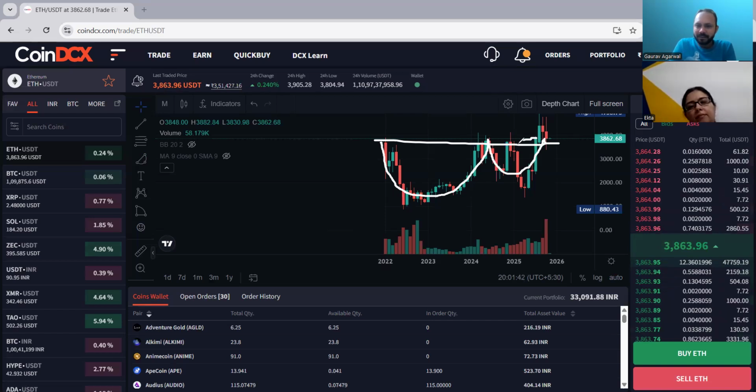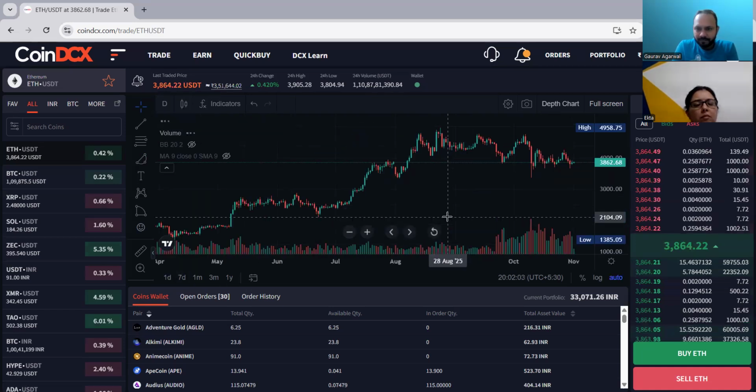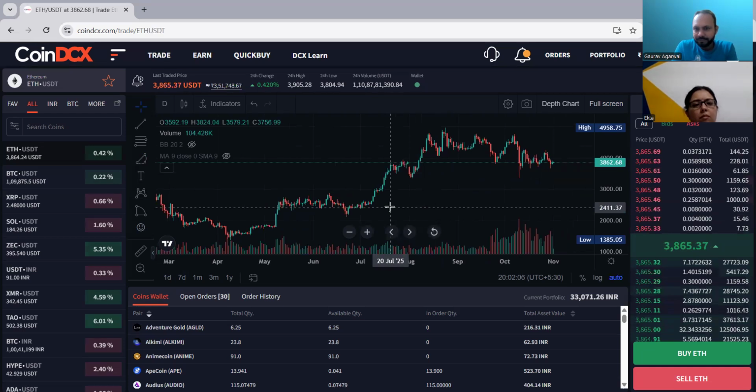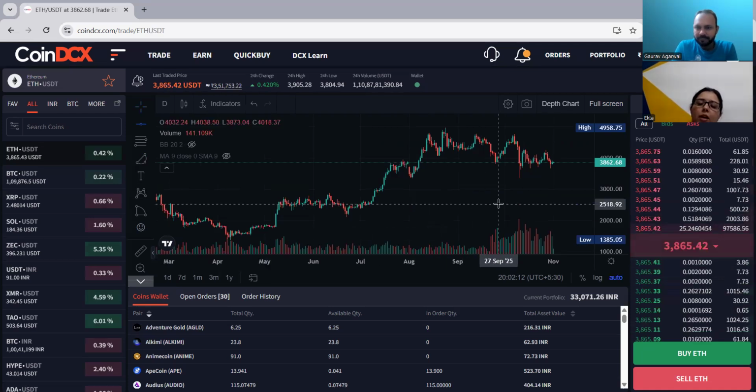Fine. Right. So this is how you can plot. But every instrument has a different kind of pattern, a different kind of chart. See, in Bitcoin, I showed you the trend lines, but here it is a cup and handle. But if you go on the daily chart, you may see some different pattern. See, this is the daily chart, right? But if I'm a long-term investor, then I should see both, right? Weekly and monthly. Don't see weekly, just check monthly if you're a long-term investor. Okay. So this is a daily chart.